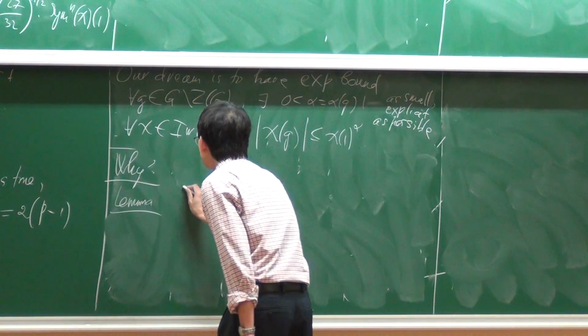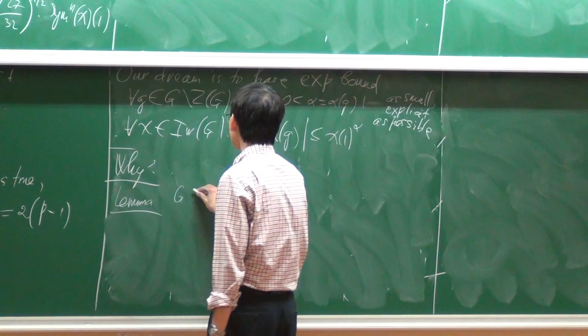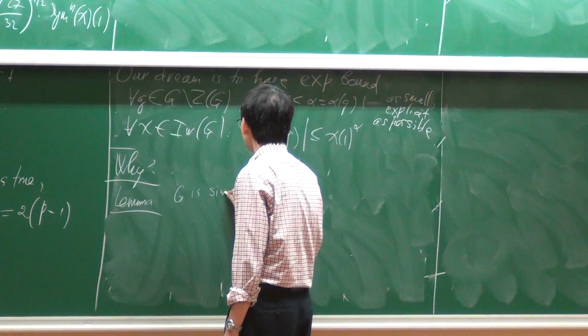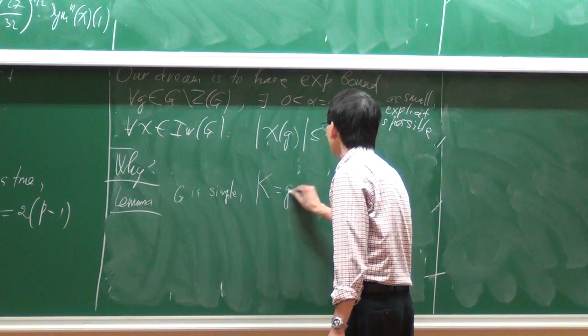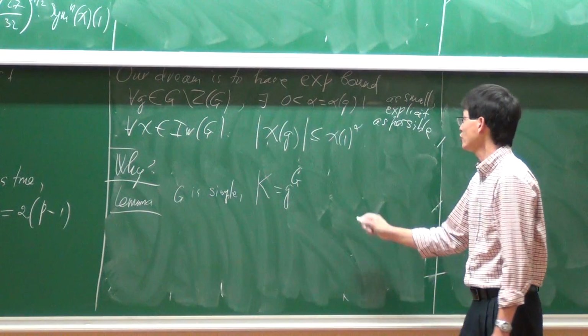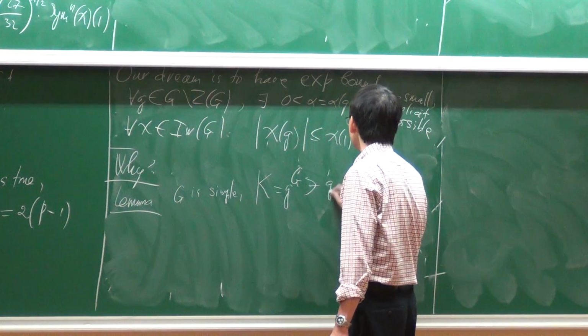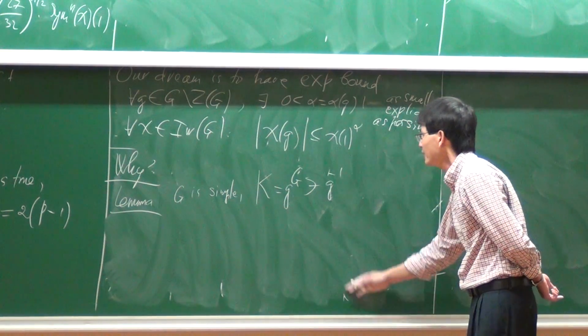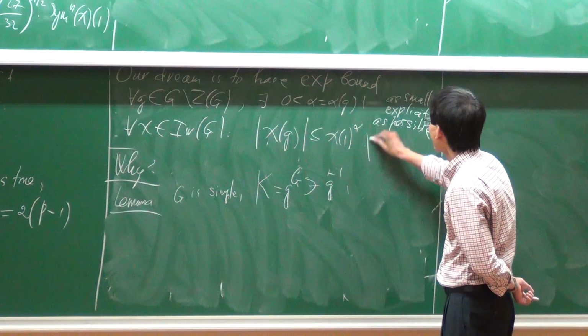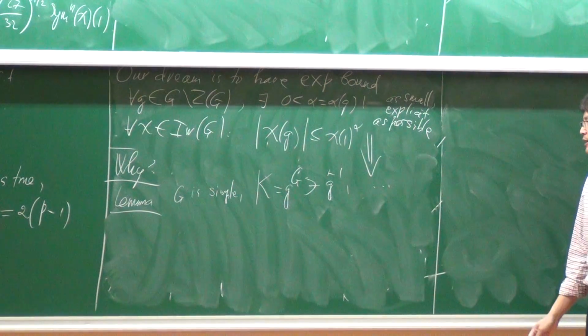So let's assume that your G is a group, and suppose K is a conjugacy class of some element g which is real, so it means it's also going to take g inverse, just to make things simpler. And suppose that I have this alpha here. Okay. Then